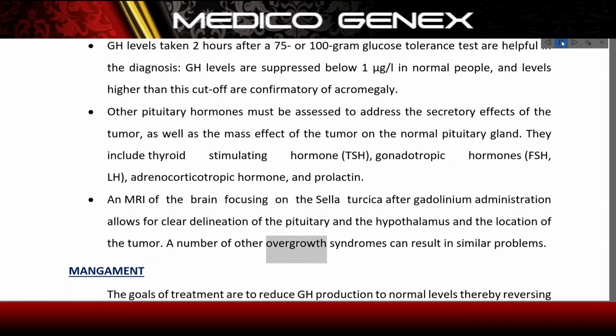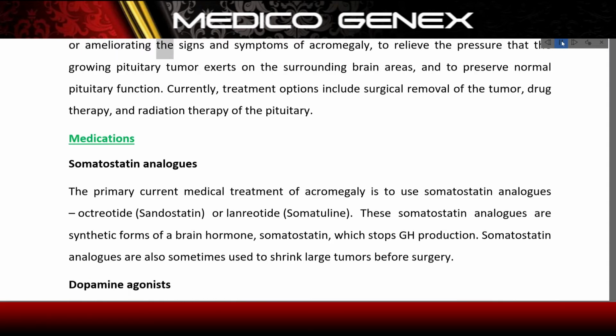A number of other overgrowth syndromes can result in similar problems. Management. The goals of treatment are to reduce GH production to normal levels, thereby reversing or ameliorating the signs and